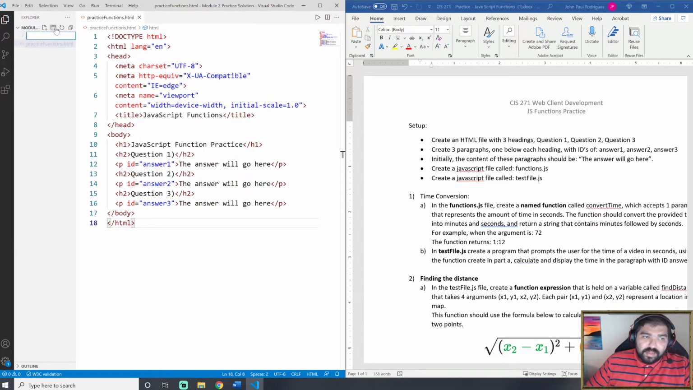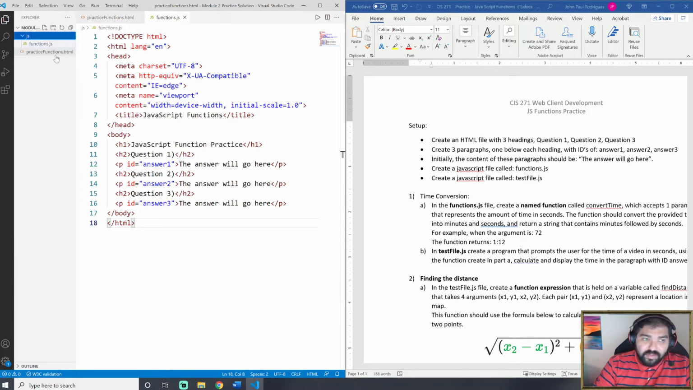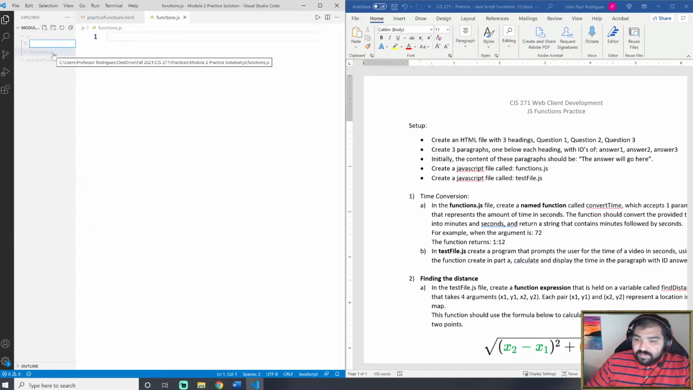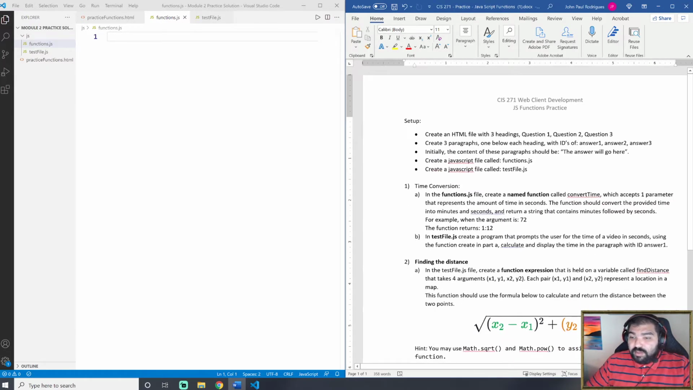All right, I'm gonna create a new folder called JS, and inside this folder, I'm gonna click the plus sign, and I'm gonna create two files, functions.js, and then another file called testfile.js. There you go. So the first problem in functions.js: create a named function called convertTime, which accepts one parameter